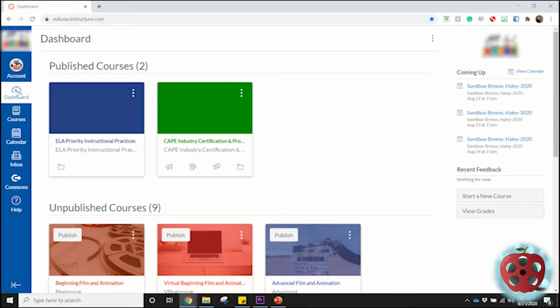Alright, so what I'd like to do is talk about navigating Canvas and the main buttons inside Canvas. I'm just going to give a brief overview as to what all these buttons do, and I'll go into more detail about how to use each section a little later. But for now, let's start with these buttons in this blue panel to the left of your